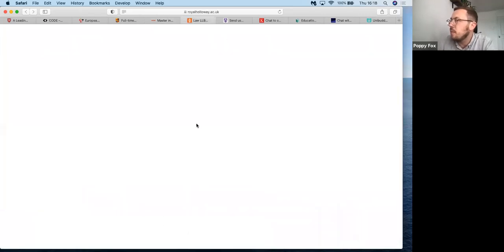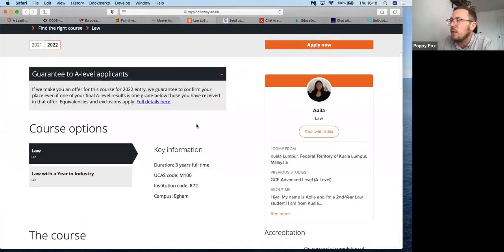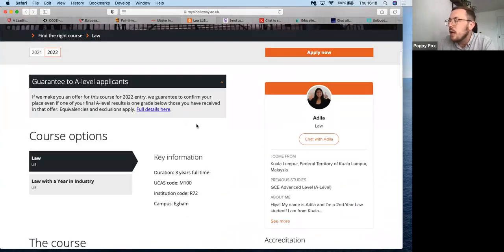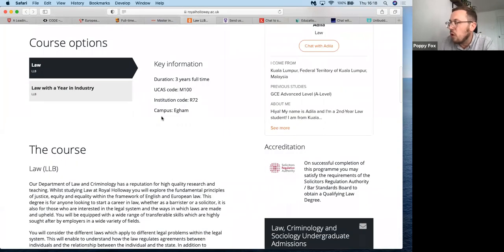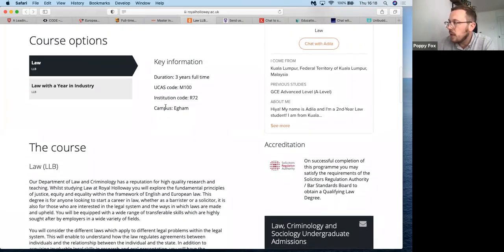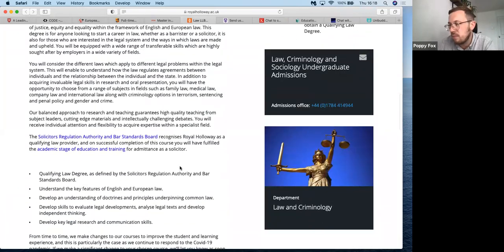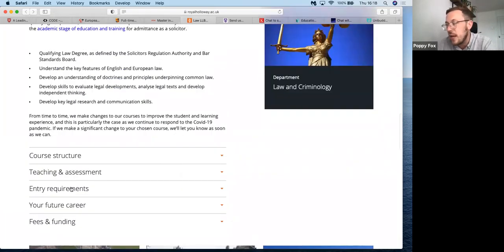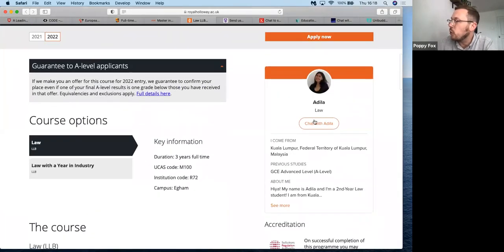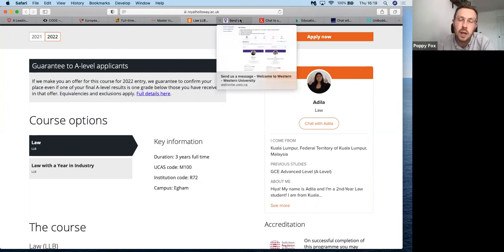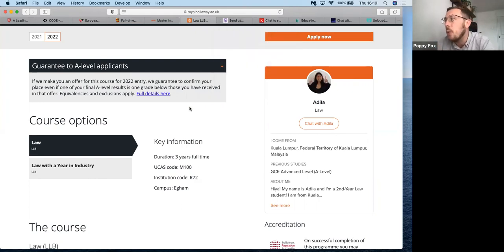And just a final example of a nice way of promoting this in different locations on your homepage. Here on an individual course page, Royal Holloway, one of our London-based partners, has the typical stuff: course contents, assessment, entry requirements, fees and funding. But also, really easily and accessibly, someone researching this course can click through and start a conversation with one of the current cohort studying law. And what all of this is doing is driving traffic to a main platform, which sits within your homepage, which I'll show you in a moment.